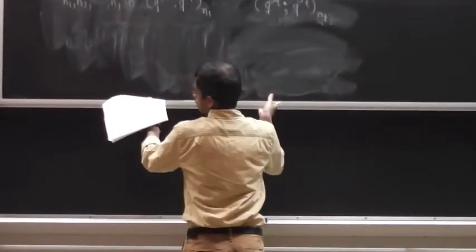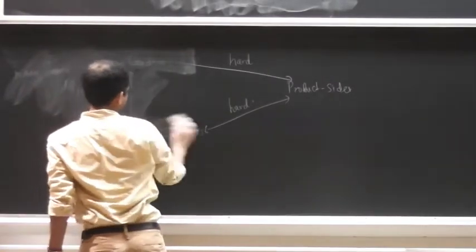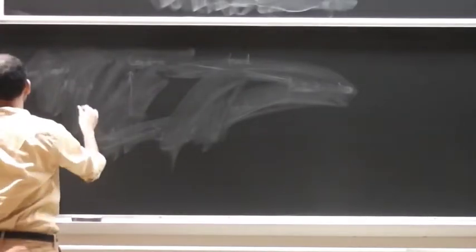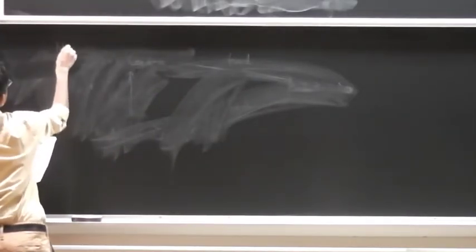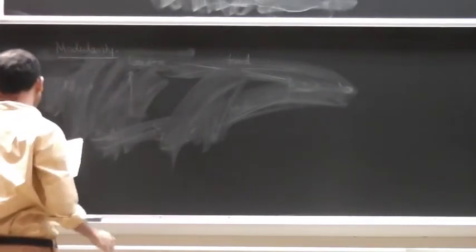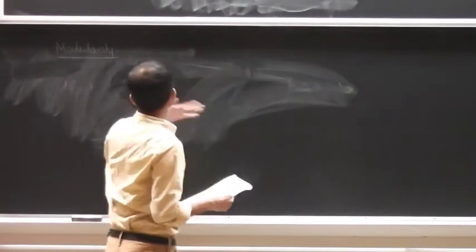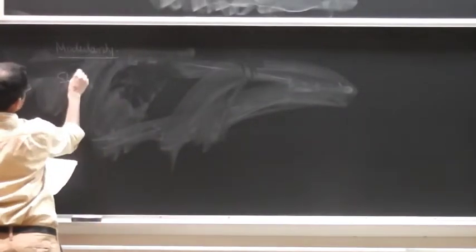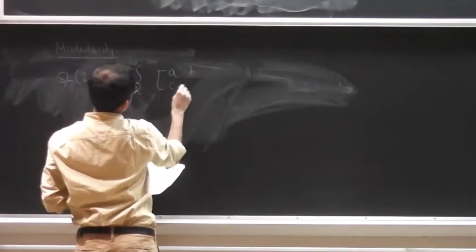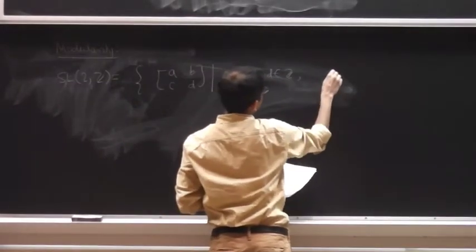Okay. So what is modularity? It is what I understand of it. I have not really worked on modularity ever, but it does show up a lot in these fields. Okay. So typically speaking, modularity has to do with functions that behave nicely under the action of the modular group, which is SL2Z. So what is SL2Z? It is just the group of matrices with integer entries of determinant 1,